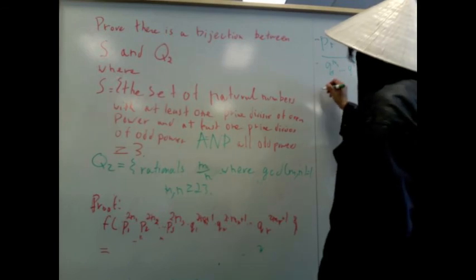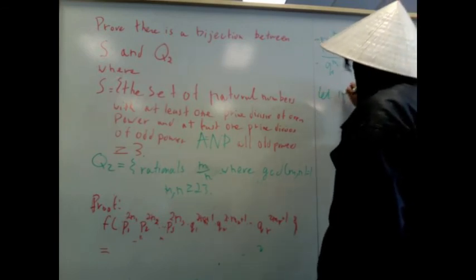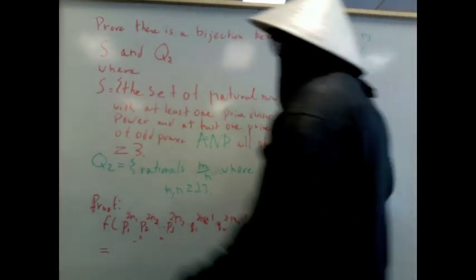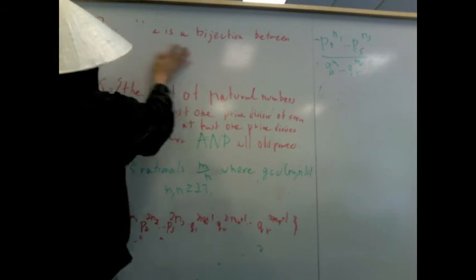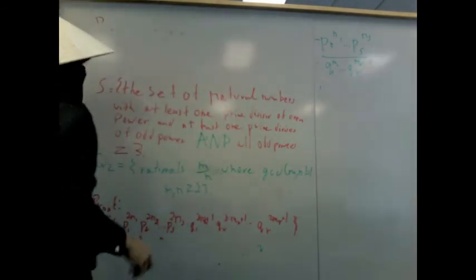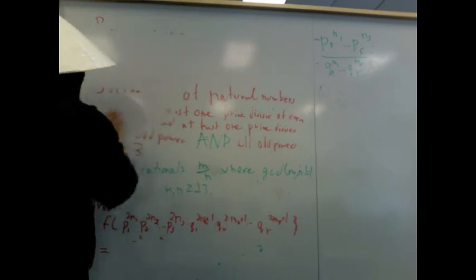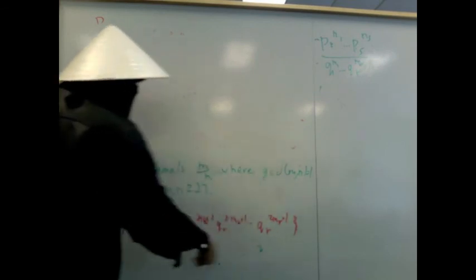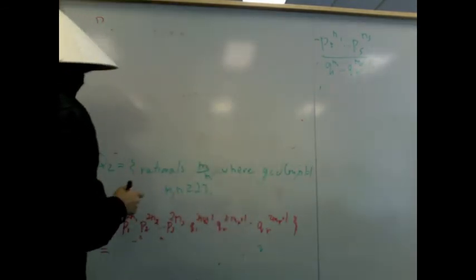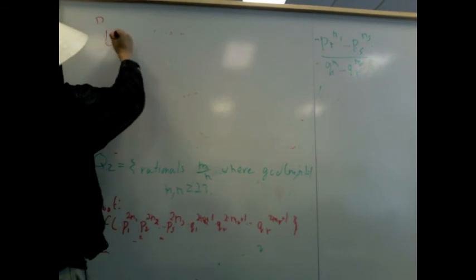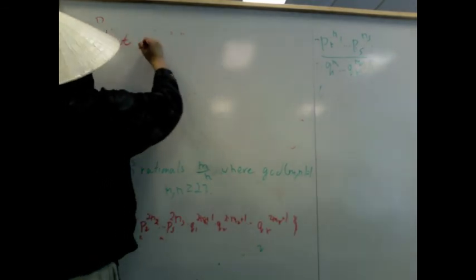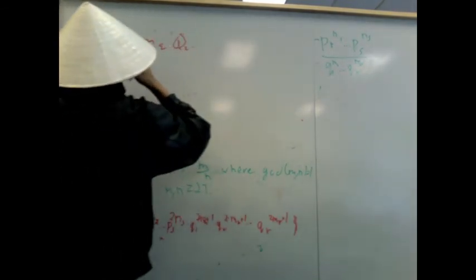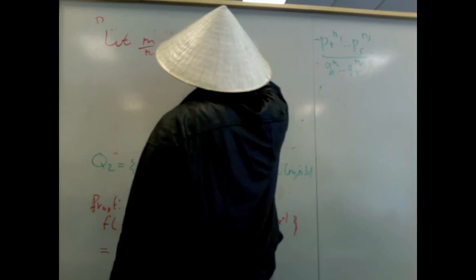So let m over n be in Q2. Maybe I should go back to this part. You're going to have to rewind to get S again. S has a little bit of provisos in it, but I already used the proviso. So let m, n be in Q2. By definition of Q2, there is a common divisor of m, n